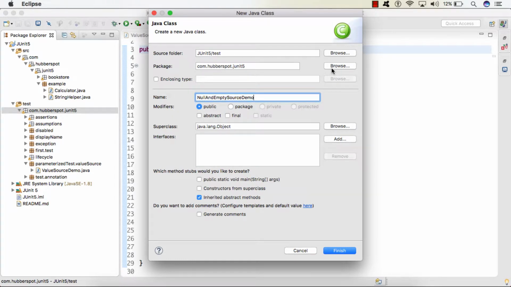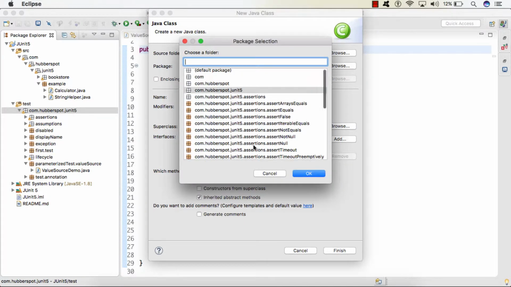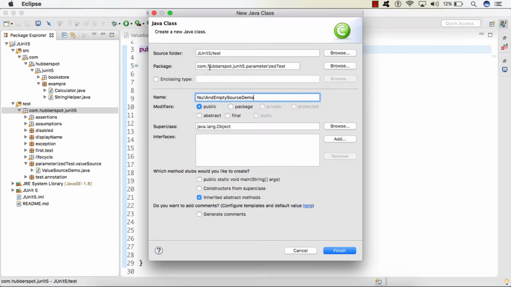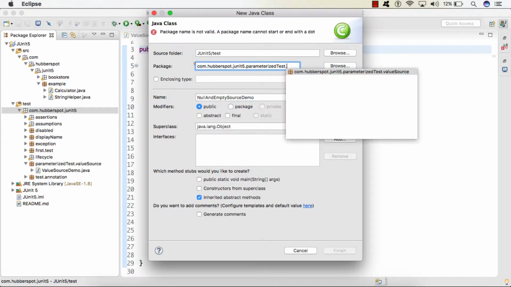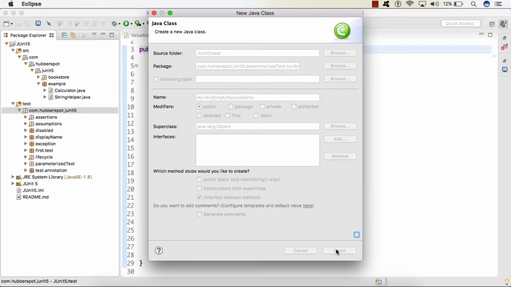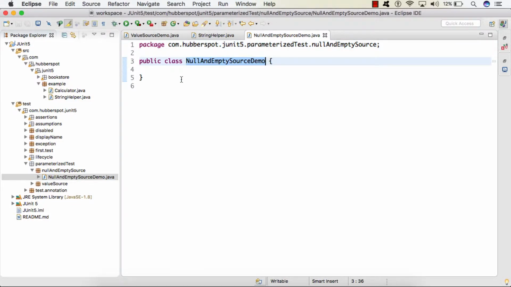We'll keep it in the package com.hubberspot.junit5.parameterized_test.null_and_empty_source. We'll click finish. So here in our NullAndEmptySourceDemo test class, we'll create a parameterized test.